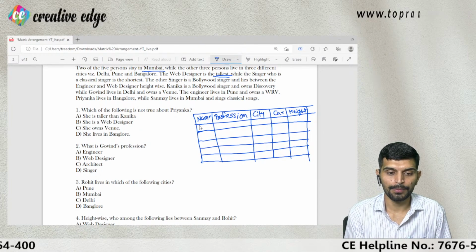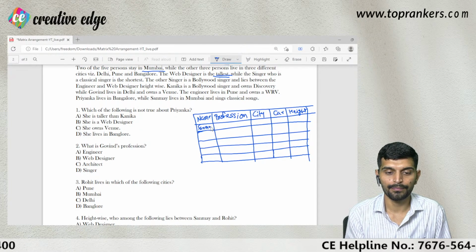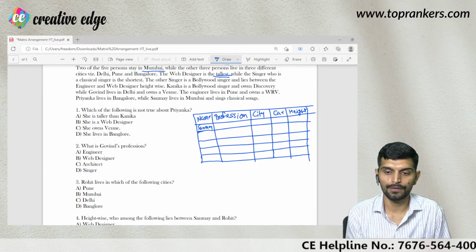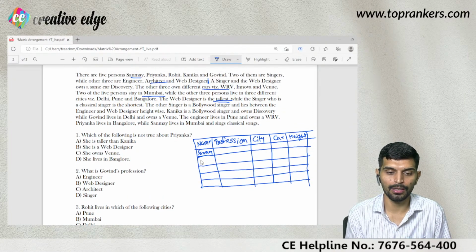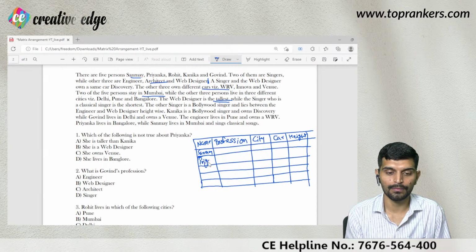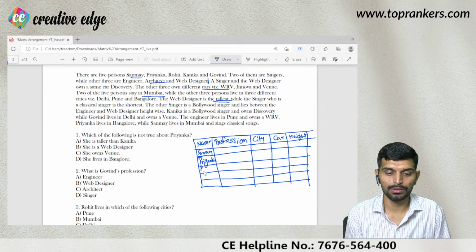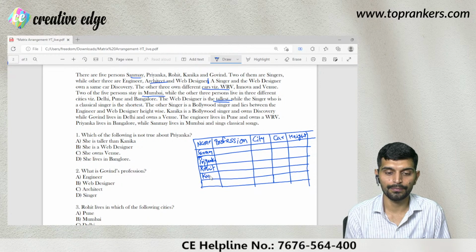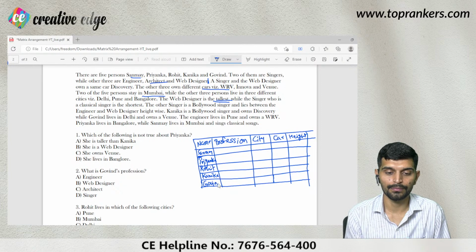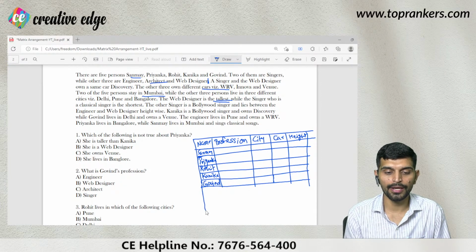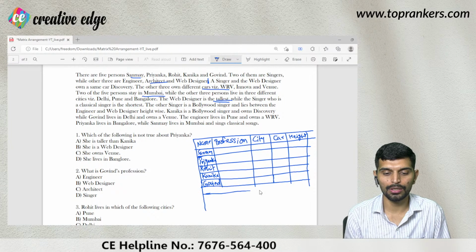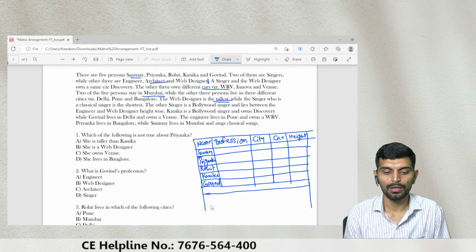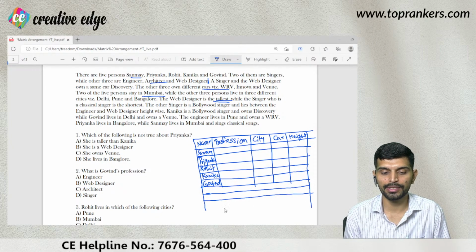We have five people: Sanmay, Priyanka, Rohit, Kanika, and Govind, right? You can also draw some additional rows here. We are drawing these additional rows